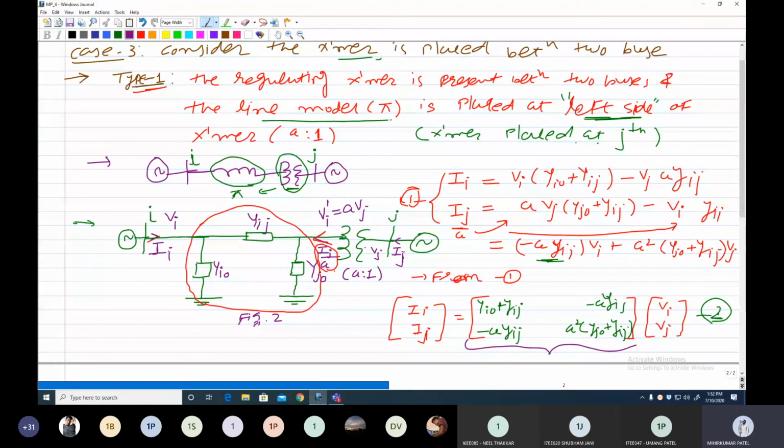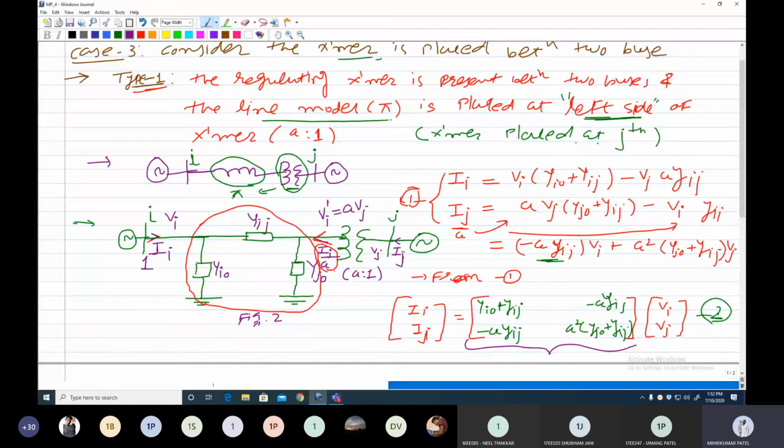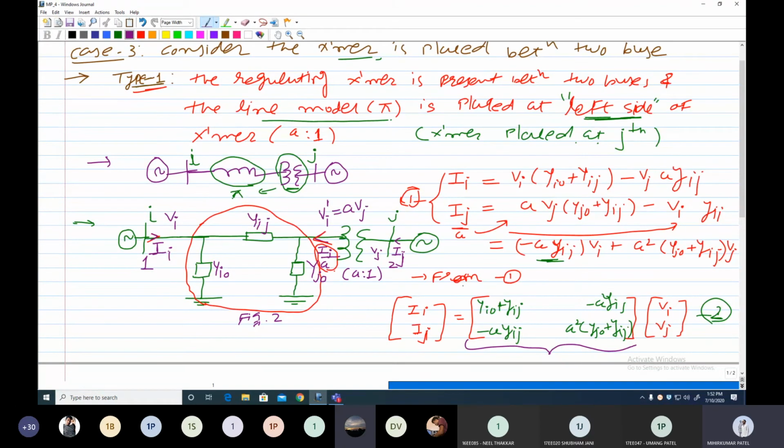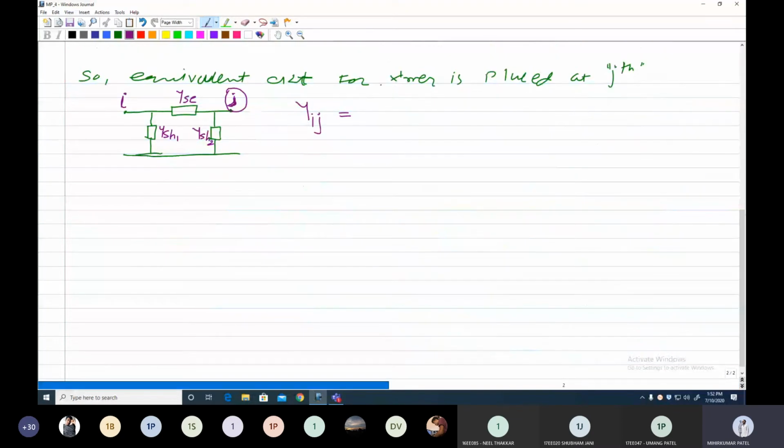Or we can say, if it is bus number 1 and bus number 2, then what is the value of Y12? Yes, from the matrix. Minus A by I. Yes, very good. It is minus, but yes, not minus. Okay, A. Very good. A